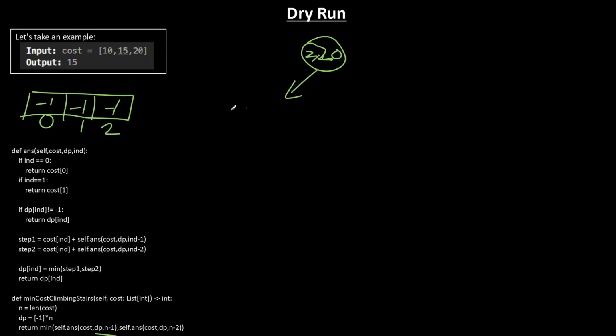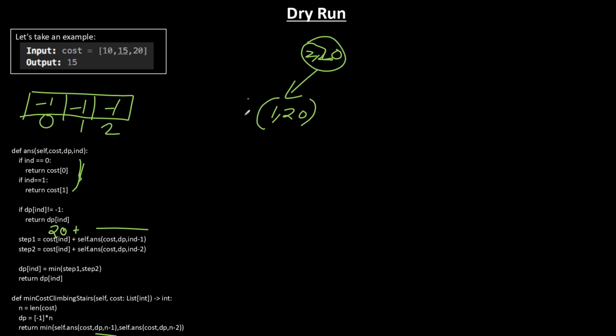First of all, this base case got false because you can see that index is not 0, and dp of 2 is equal to minus 1. So what you do in step 1, you have 20 plus